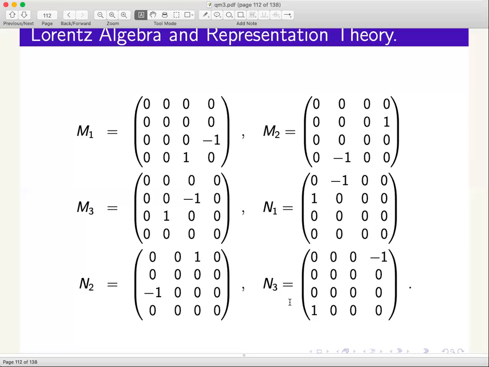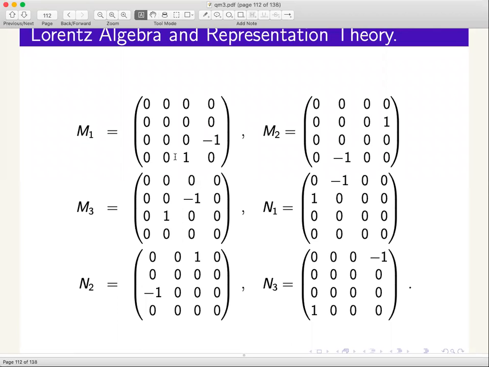a plane. Okay, now suppose you are in 4 dimensions, w, x, y, z are the 4 coordinates. Then the total number of rotations that you can do is choose 2 coordinates, choose a plane out of these 4. So you have to choose 2 out of 4. So 4C2 gives you 6, and therefore you would need 6 generators. Okay, and these m and n's are these 6 generators.